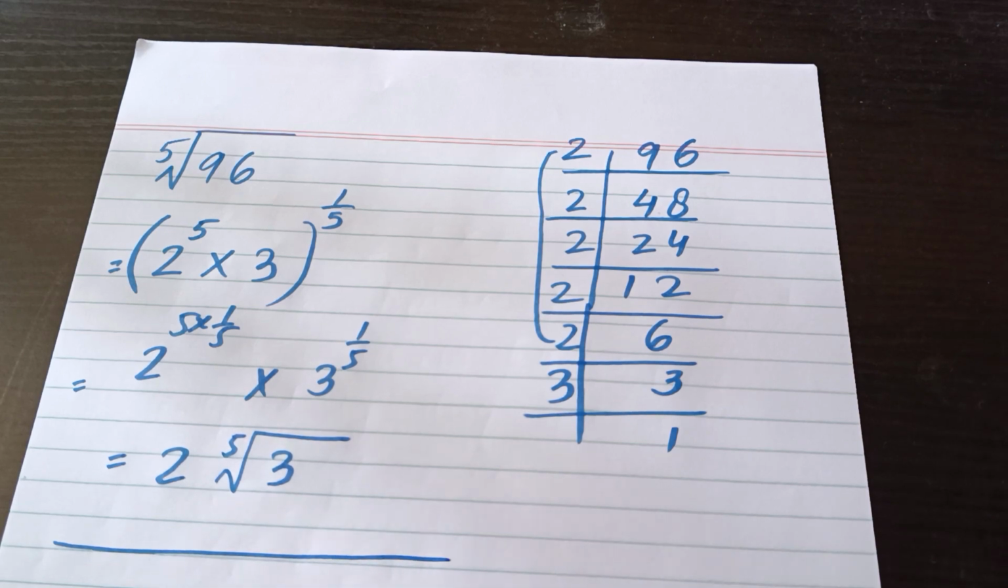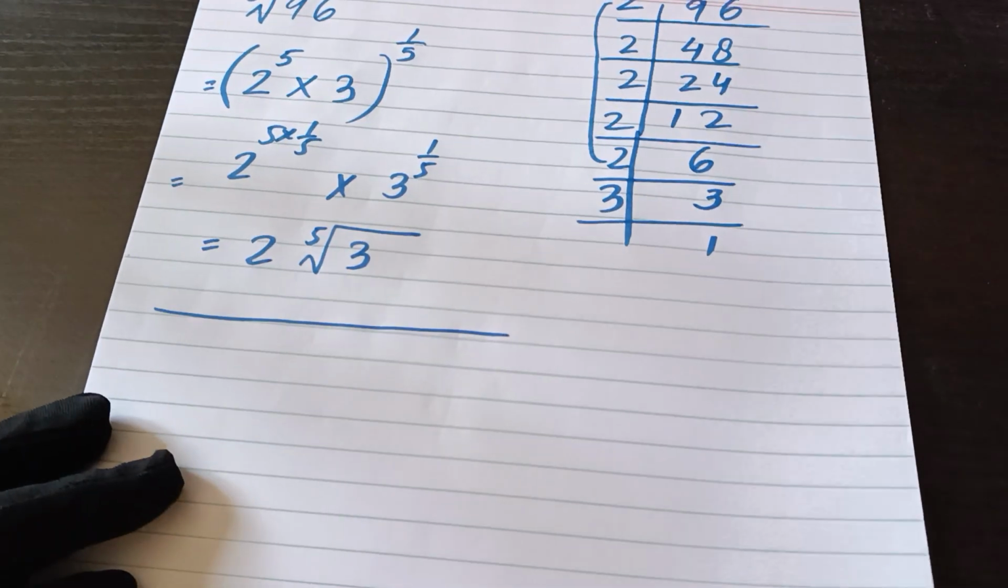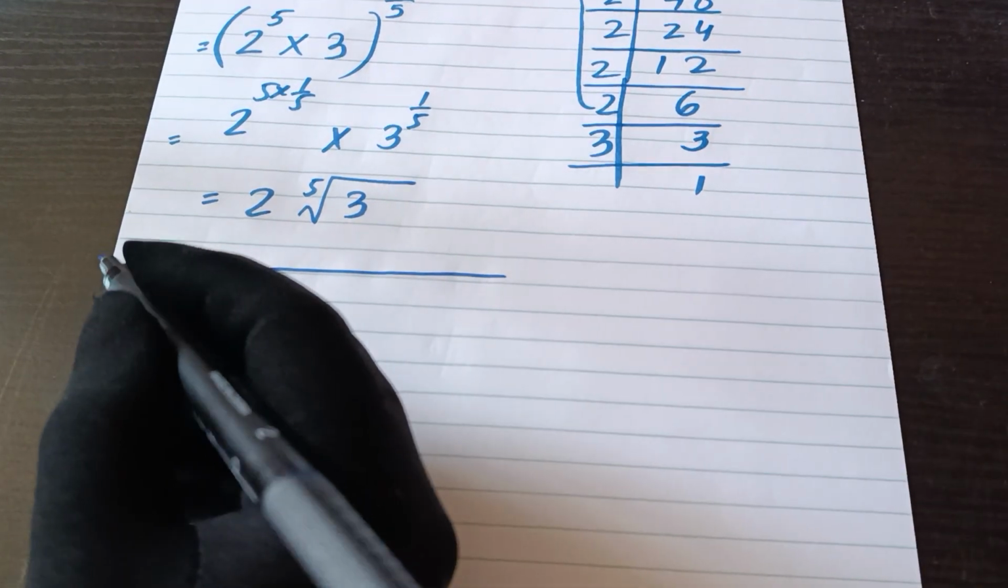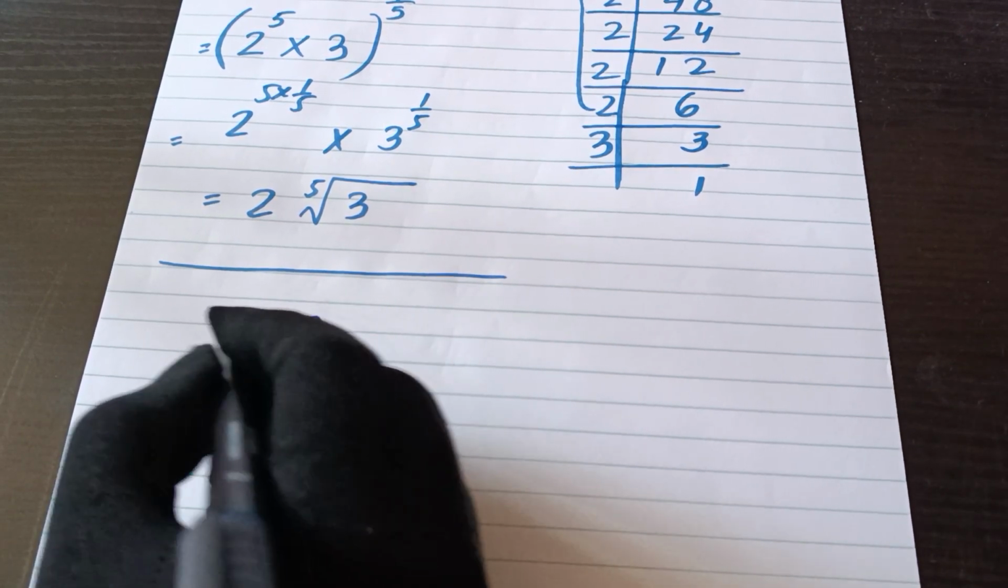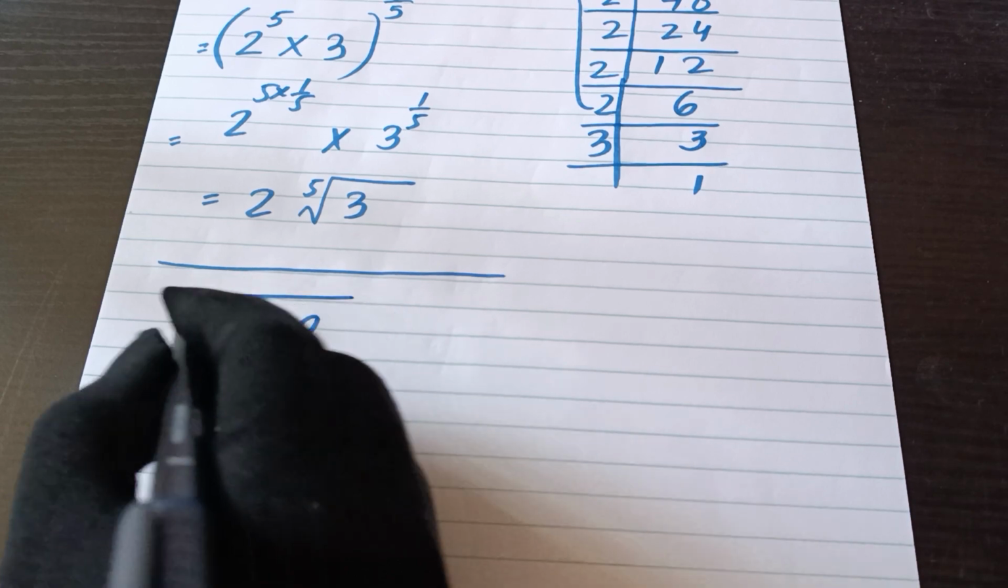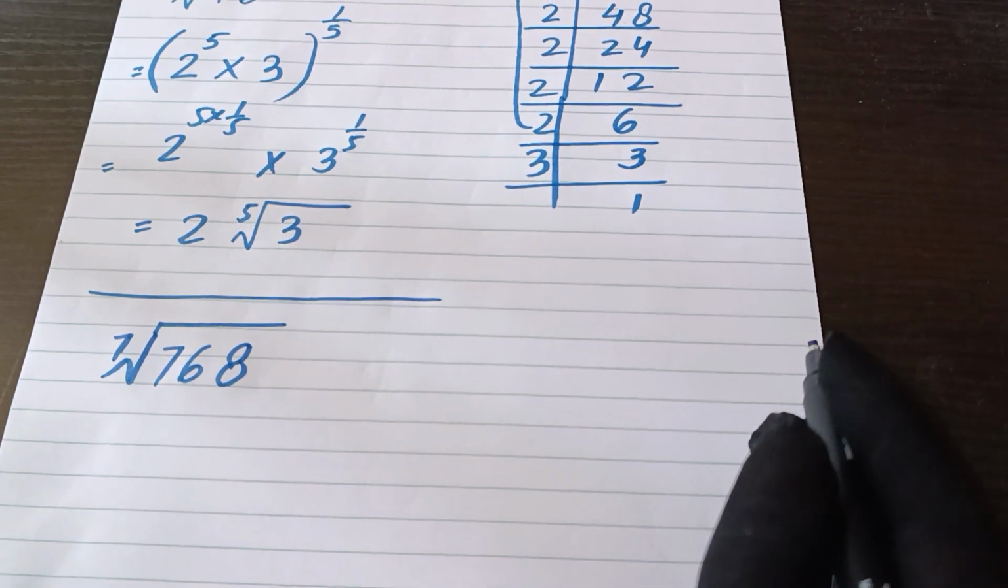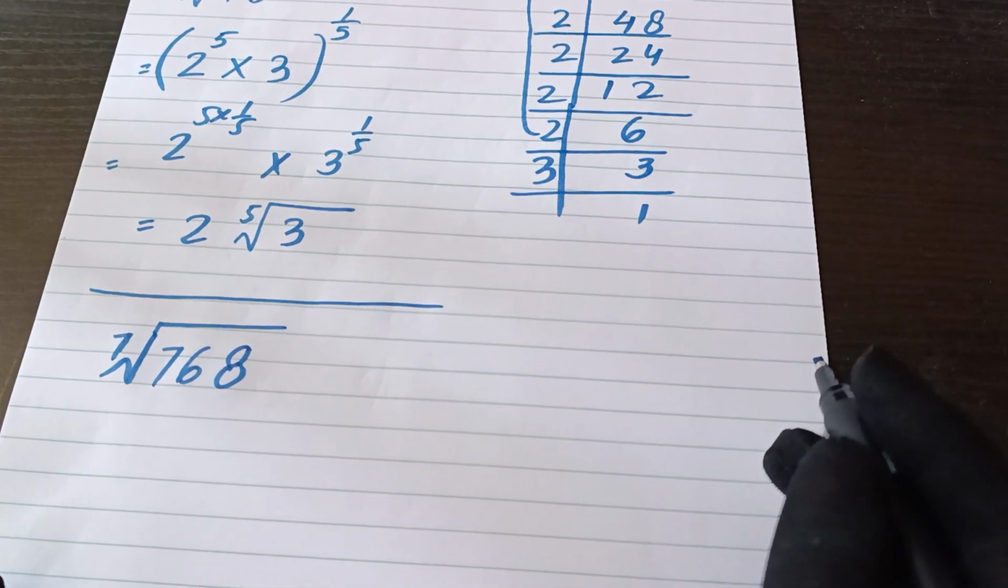And this question is solved like this. Let me take one another example: 768. There is a 7th root. I'm taking the example count down 8. So it's equally